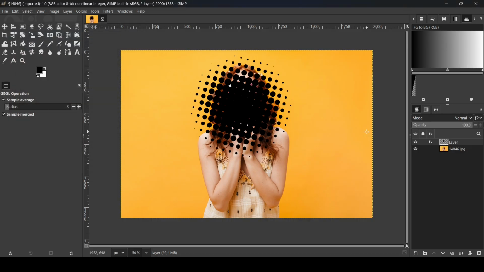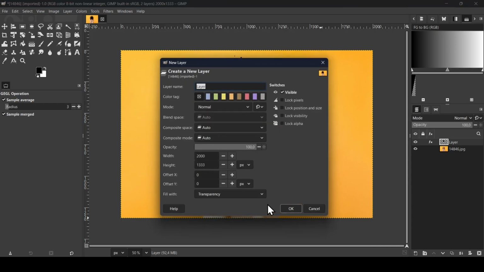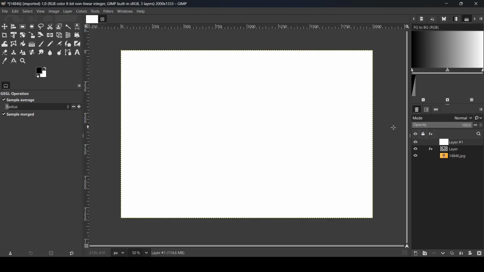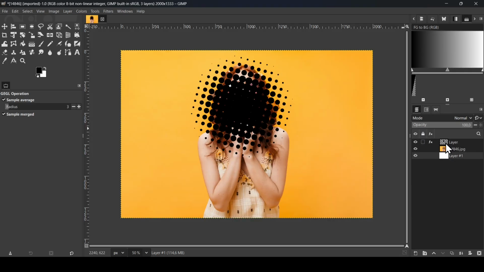And now we need to create a background layer. So I'm just going to click on this icon here to create a new layer. Click on this icon, fill it with transparency, and then press OK. And now I'm going to fill it with white. So I'm just going to drag the background color, place it under all the layers, select the top layer, the